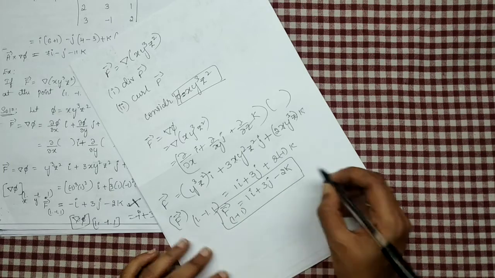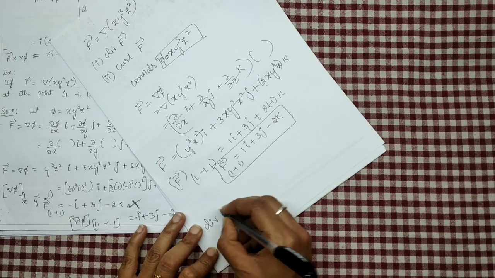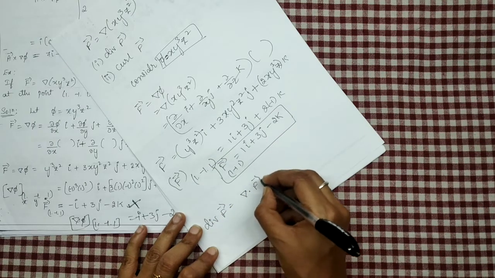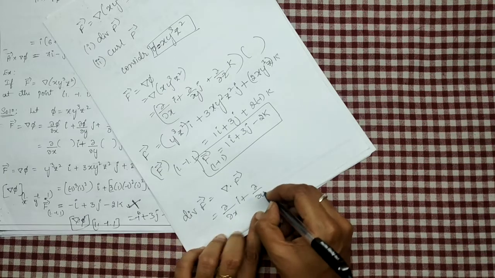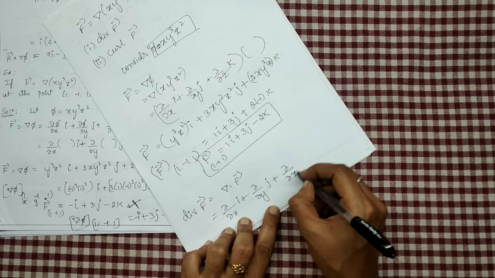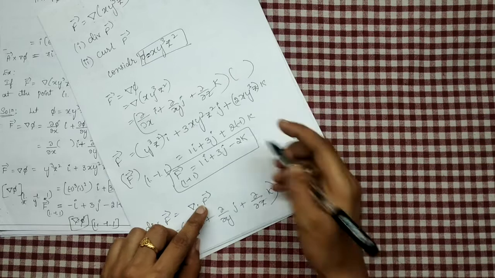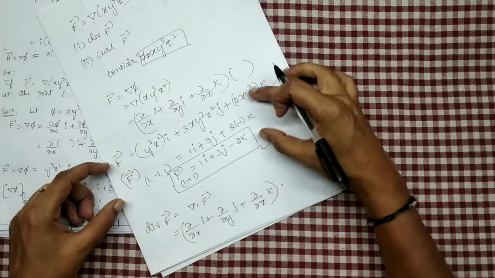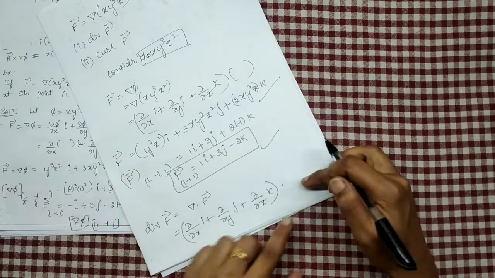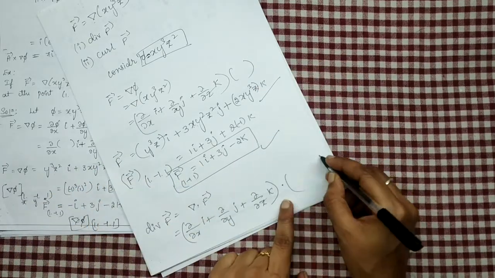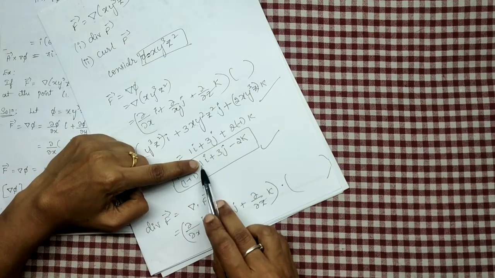Now we have to find the divergence of vector f. What is the divergence of vector f? Divergence of vector f is equal to del dot vector f. Del is nothing but dou by dou x i plus dou by dou y j plus dou by dou z k, dot vector f. Which vector f will you write? This vector or this vector? Both are the vector f only. Among these two, which one will you take here? If you take this vector f here, you will get 0 because all the terms are constants. So when you differentiate partially with respect to x, you will get 0.